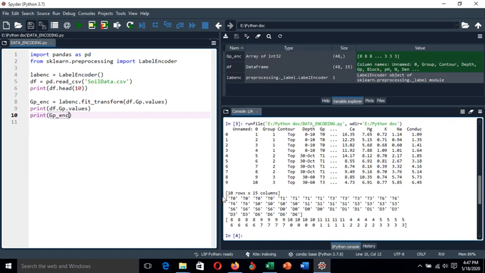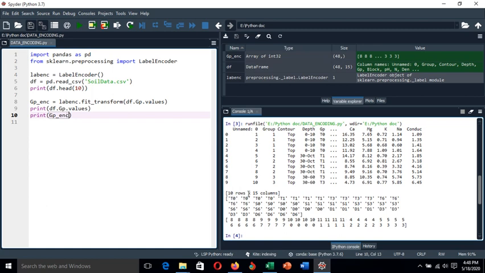These are the original values of the column GP, and these are the encoded ones. The encoding basically encoded these values alphabetically. So you can see T0 is 8, T1 is 9, because T0 comes first, then T1, then T3, and T6. So these 8 up to 11 are about the T, and the S is the second